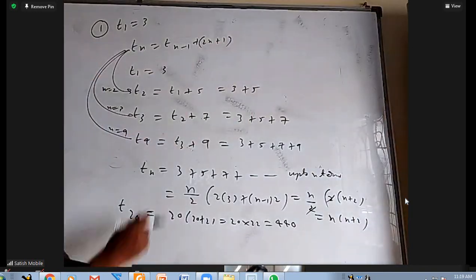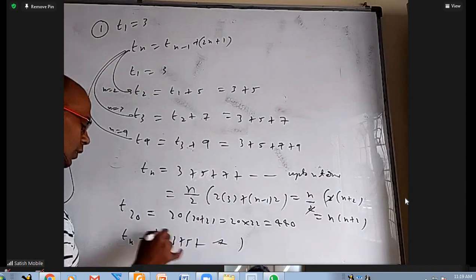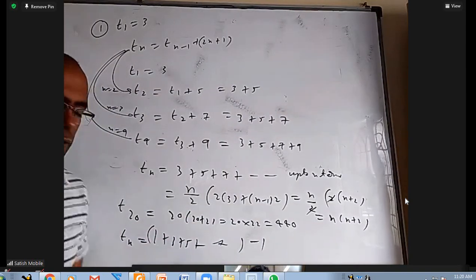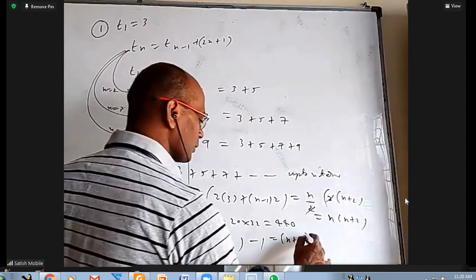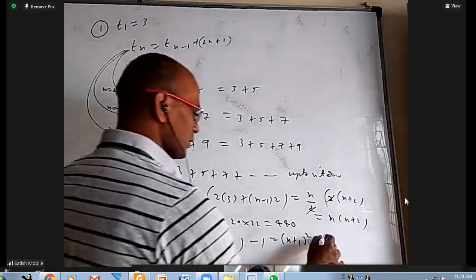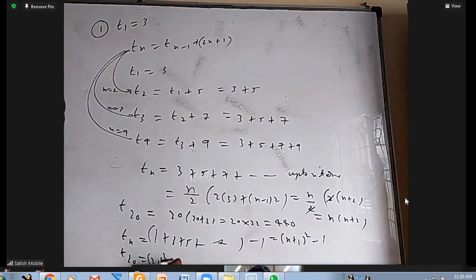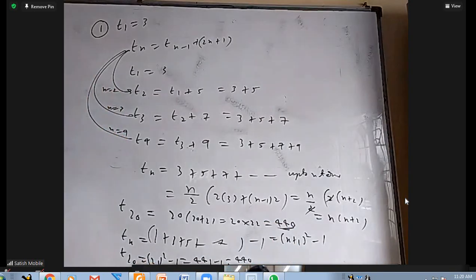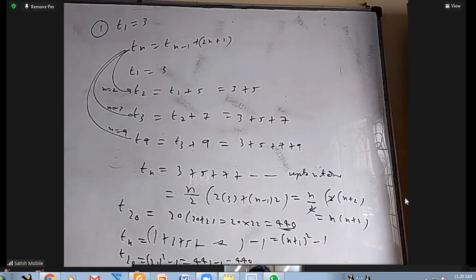Okay, why I'm telling that here? You add 1 and subtract 1 here. You take 1 plus 3 plus 5 and so on, minus 1. Without this one, these are n numbers. With one, these are n plus 1 numbers. So these are sum of first n plus 1 odd numbers. Their sum will be n plus 1 whole square. Minus 1 is there. Okay. So if you use that, T20 will be 21 whole square minus 1. 441 minus 1 is 440. The same answer. Is it all right? Okay, please respond. Yes, sir.